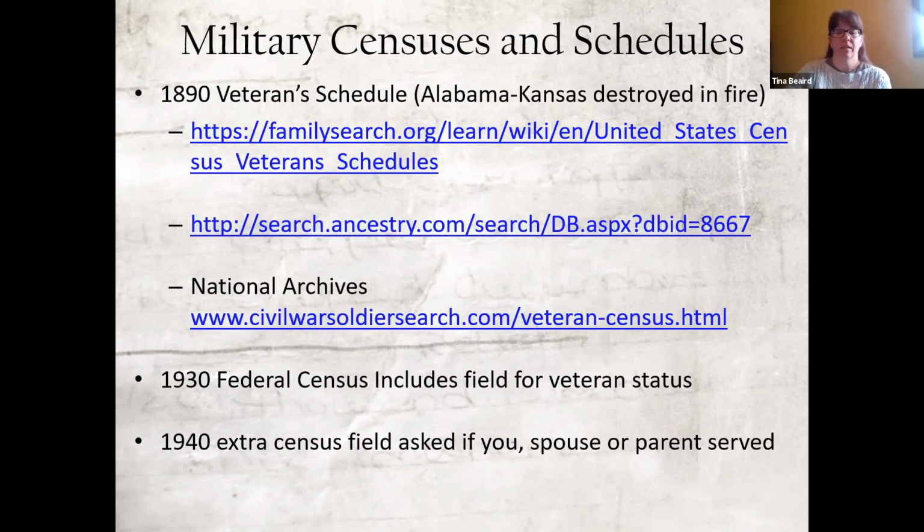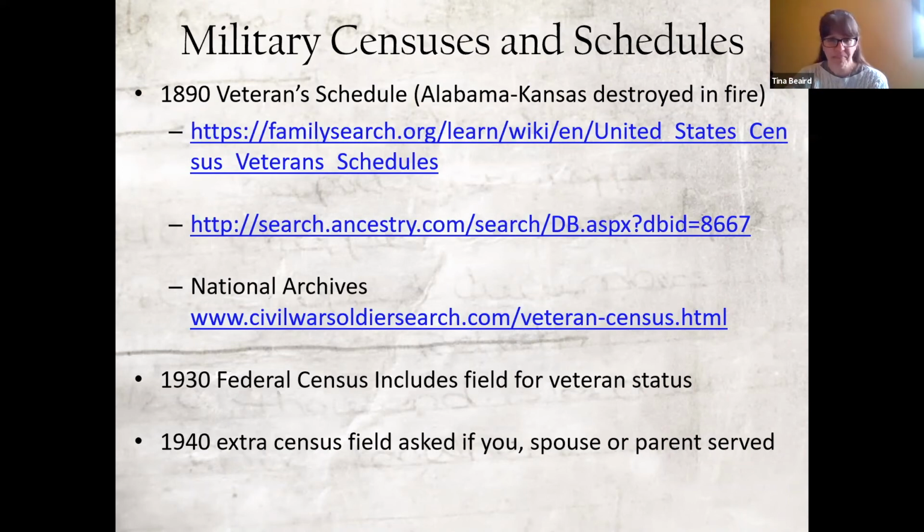It's a separate schedule, like I talked about the mortality schedules or the agricultural schedules. They just have the name of the soldier, his rank, his unit, and his dates of service. And in some cases, they recorded what their ailments were, which can be kind of entertaining. But it'll provide information that you can pull out of that data to go looking for military records, to go looking for newspaper accounts about that unit, to go onto databases like the Illinois State Archives has, Illinois Civil War muster rolls,